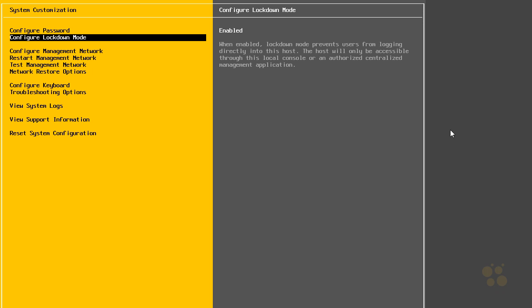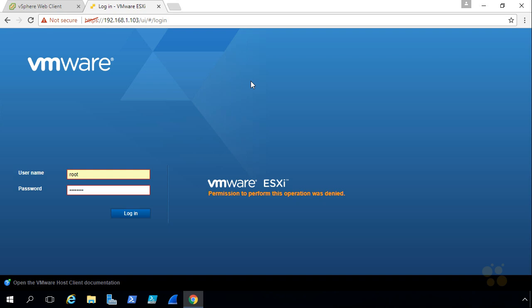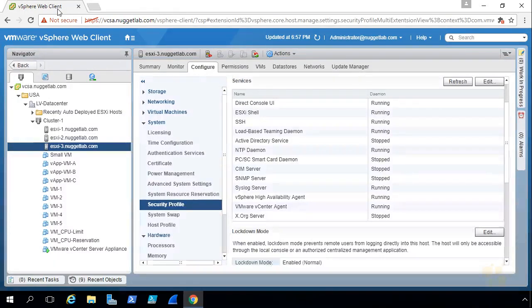So let's do this. Let's press escape to go ahead and log out from the DCUI. And now let's go back to DCNUG, our Windows management computer, and let's enable strict lockdown mode. So I'm going to close the tab for the host client that was connecting or trying to connect to ESXi3. We'll close that tab. And then here at the vSphere web client, with ESXi3 selected on the left, the configure